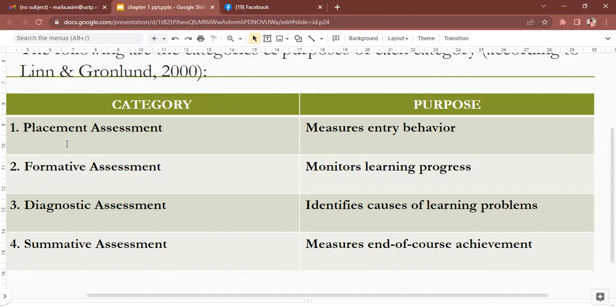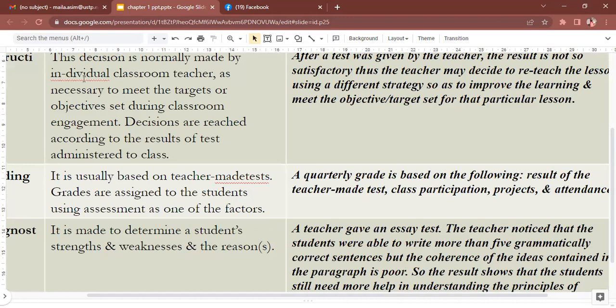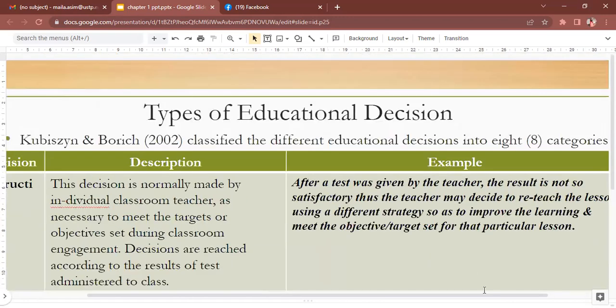So those are the main differences of the four categories of assessment. We have placement assessment, which measures entry behavior. Formative monitors learning progress. Diagnostic assessment identifies causes of learning problems. Summative assessment measures end of course achievement of the student. Okay,